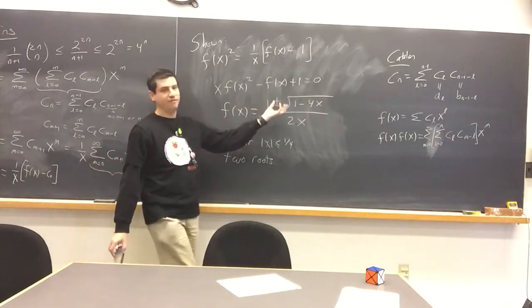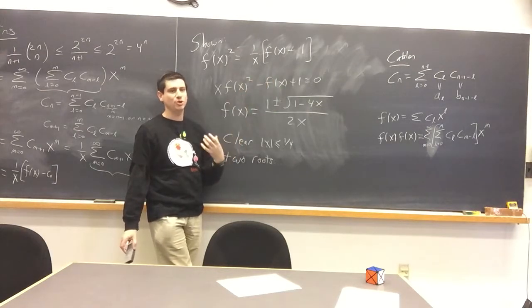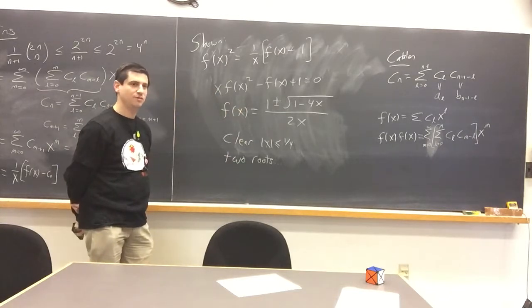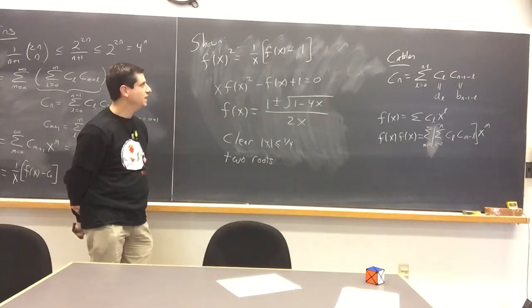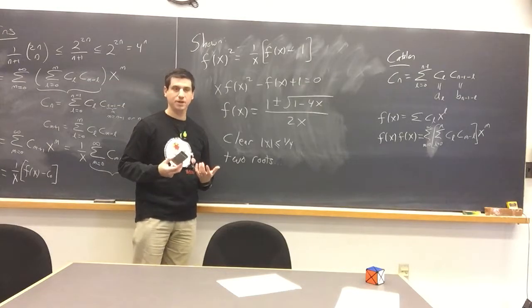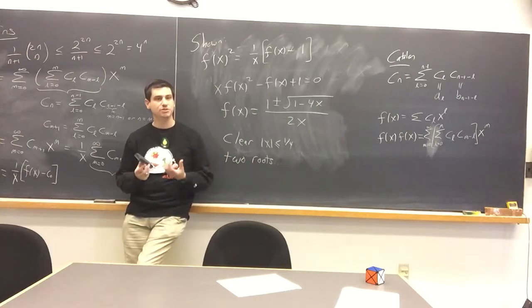Well, they're both fine. They're both roots to this problem. But whenever you square things, you always run the risk of introducing phantom roots. So one of these roots will not be physically realistic. Now, if you look at our series, we know the Catalan numbers are at most 4 to the n, and so we believe that as long as x is less than 1/4, the series should converge.